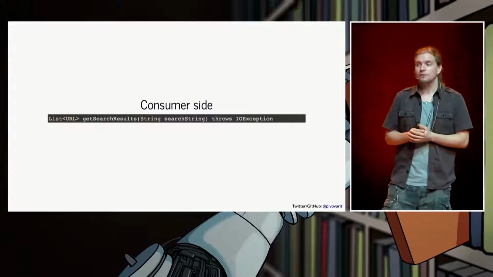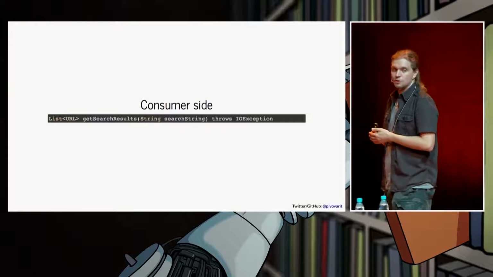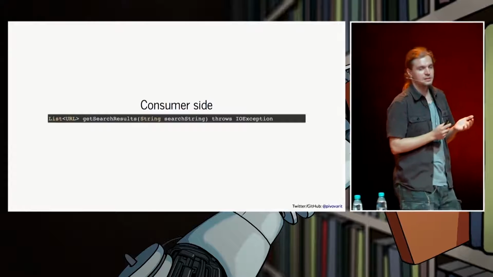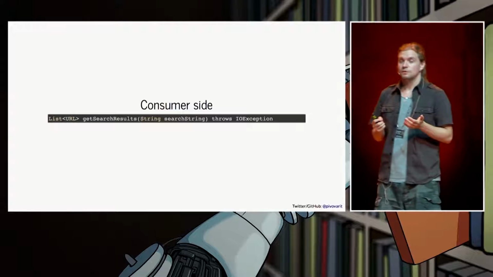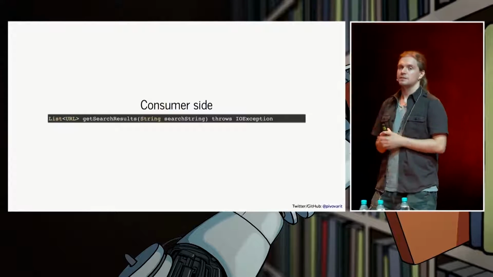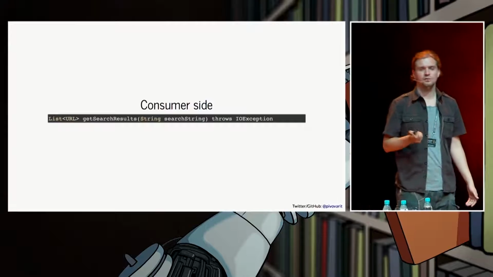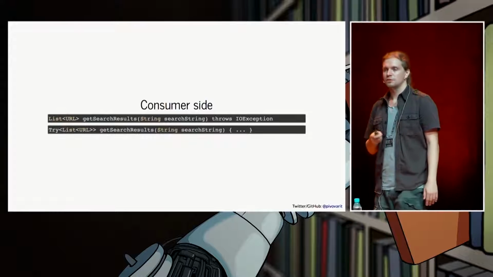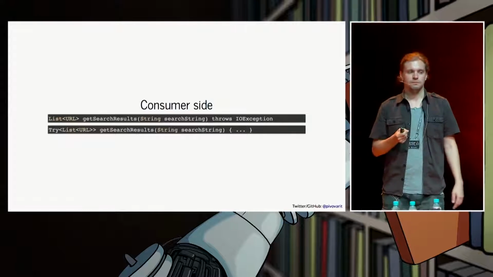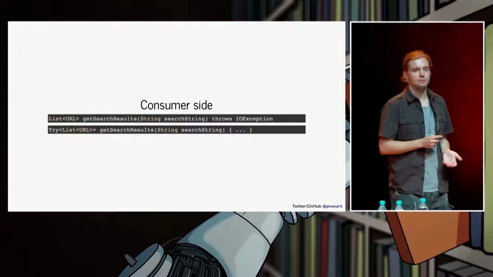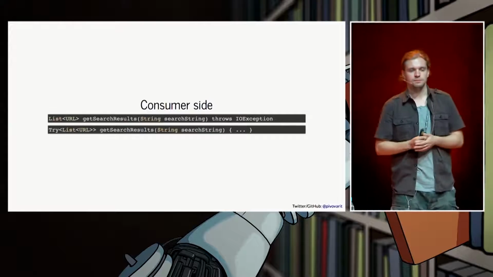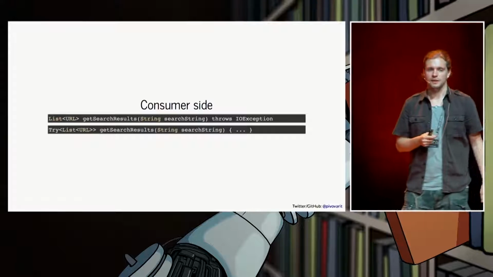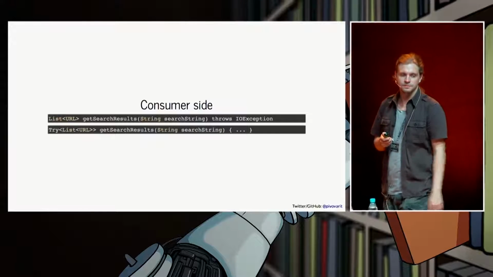And how does it look from the consumer side? For example, imagine a simple method like getSearchResults that would throw an IOException in the past. So let's try to rewrite that. And that's as easy as it is. Basically, the return type becomes wrapped into our custom object that can handle exceptions and give us a very easy API for interacting with this one.